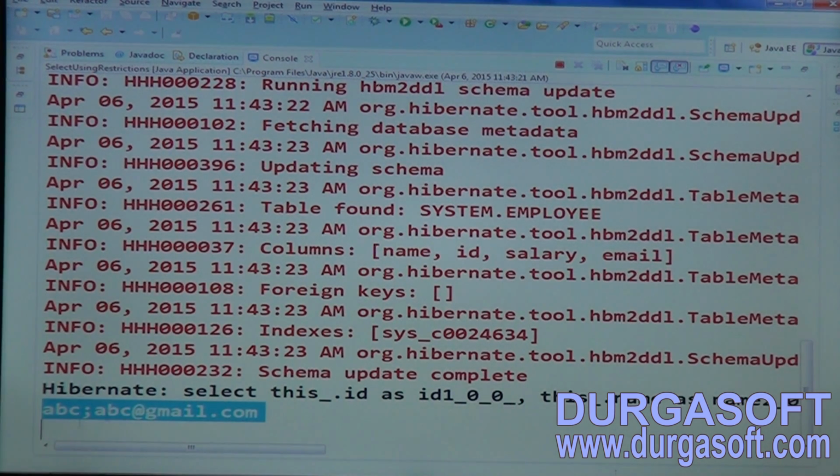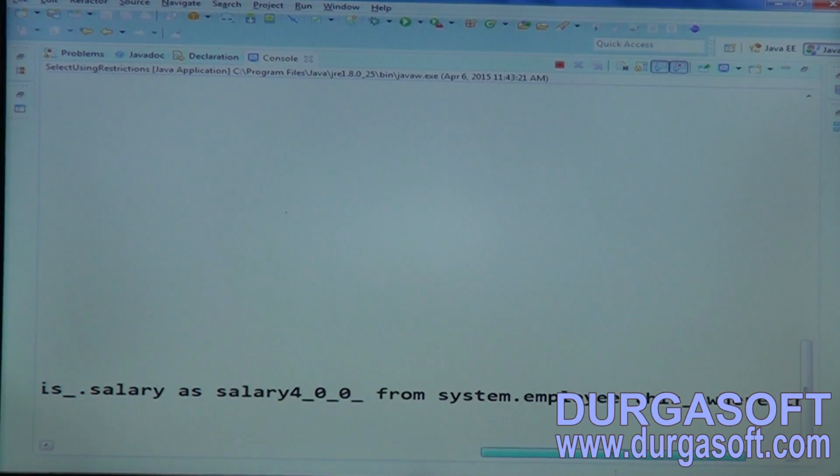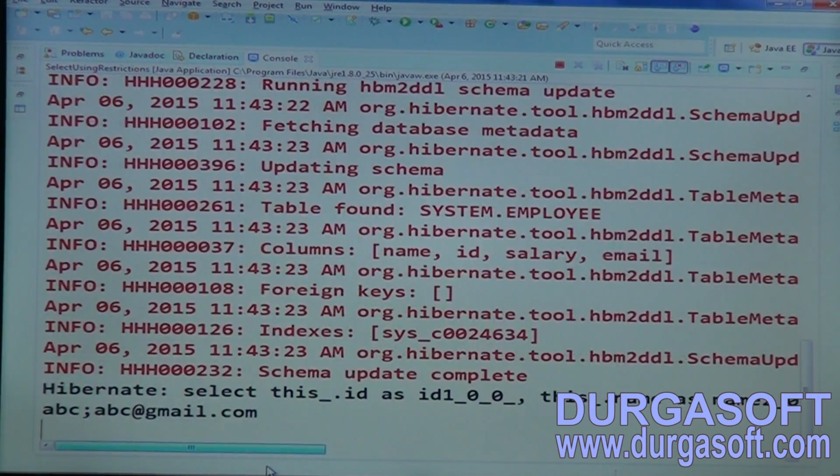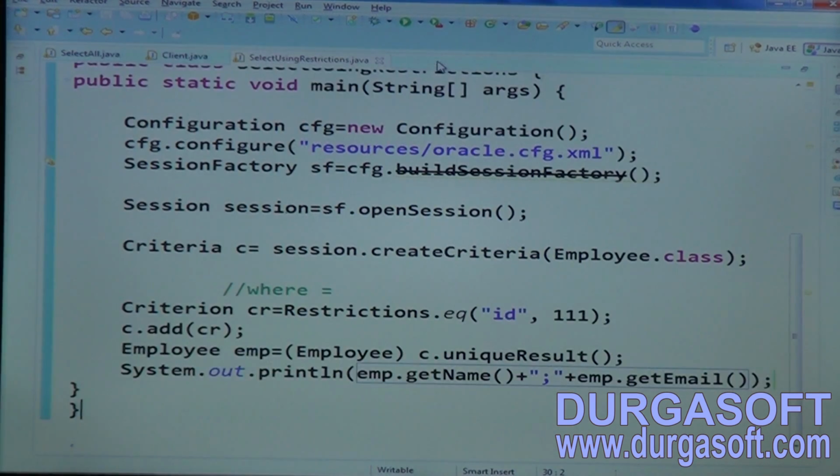Here we have name and email, abc@gmail.com, where id equal to 111. Like this you can get only one record by applying equals. In case, instead of applying equals, if you want to apply something else,